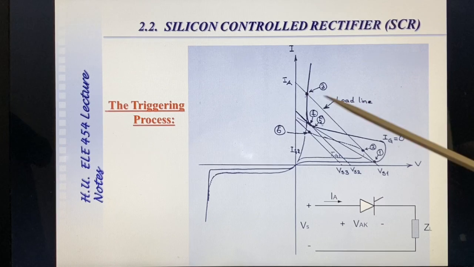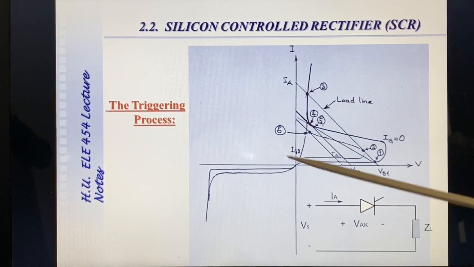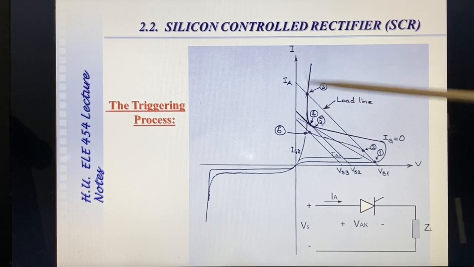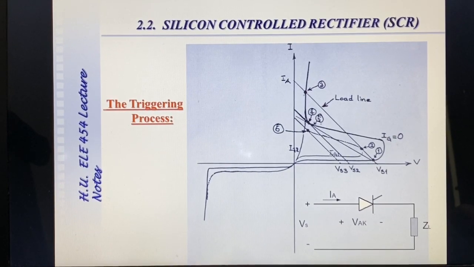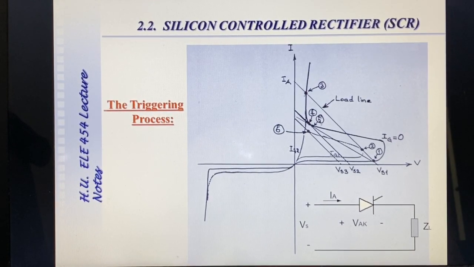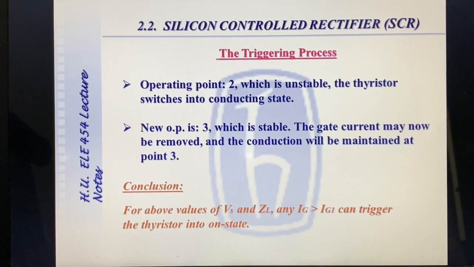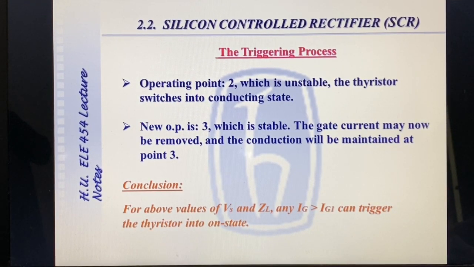This is a zoomed view of the thyristor characteristic. Here it is in the order of a few milliamperes or in the order of amperes, whereas in this part you are in the order of several tens or hundreds of amperes. So in order to visualize better, we have zoomed up this region. So conclusion: for the above values of Vs and Zl, gate currents greater than Ig1 can trigger the thyristor into